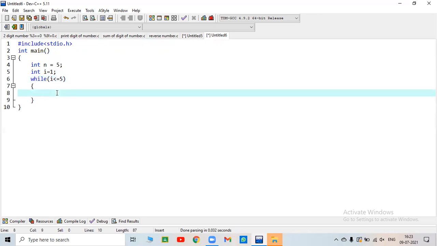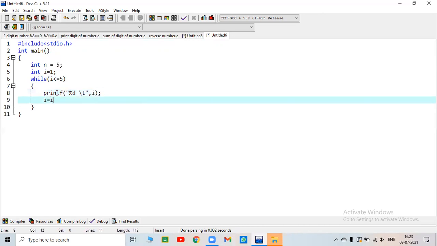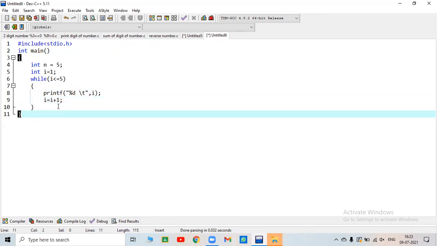Okay, we have written i less than or equal to 5, and printf %d tab, and then i, and i equal to i plus 1. Okay, now can you say what will be the output of this code?